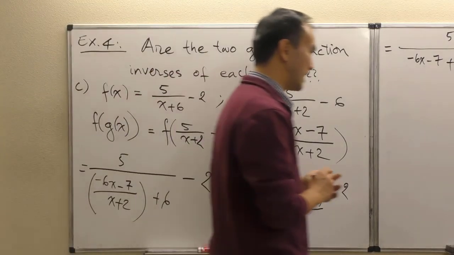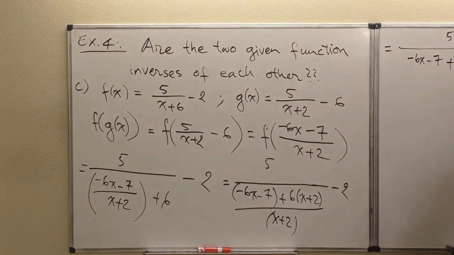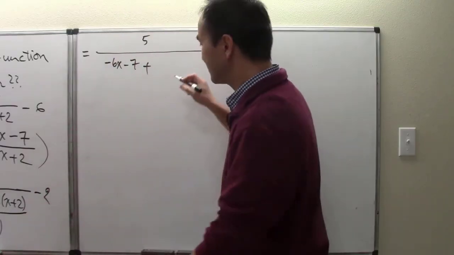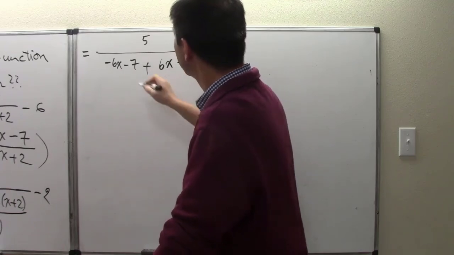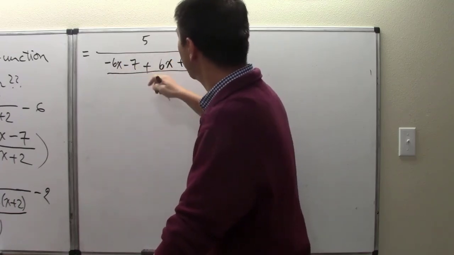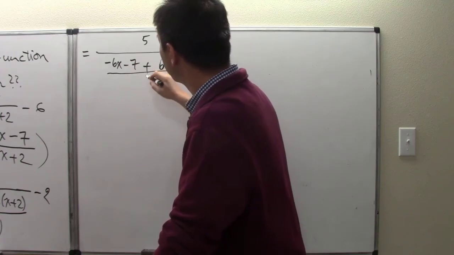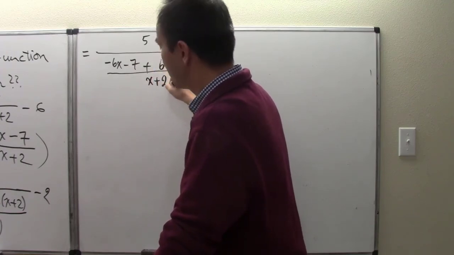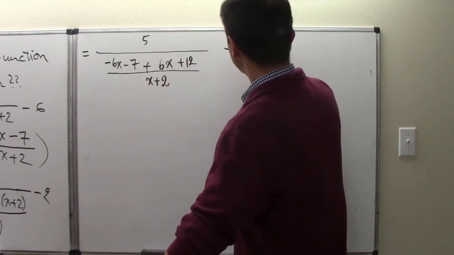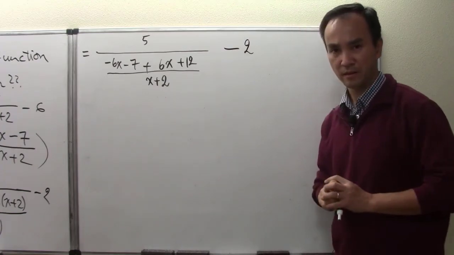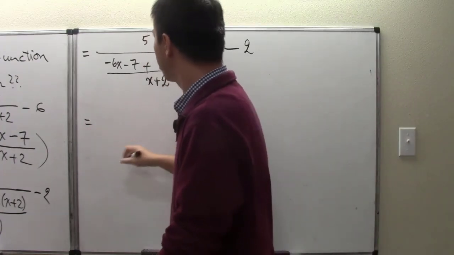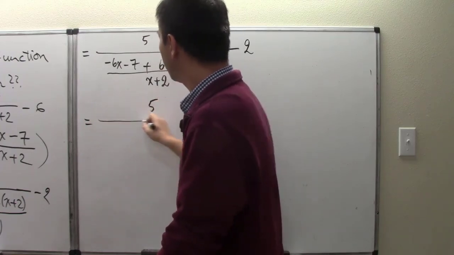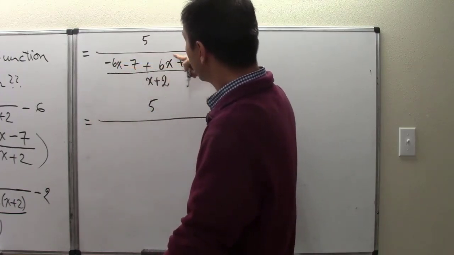So now I'm looking at 6x plus 12, and all of that is over a denominator of x plus 2, and then here's minus 2. All right, and now I am getting into my next step. It's still that 5 here. This numerator here, we can start